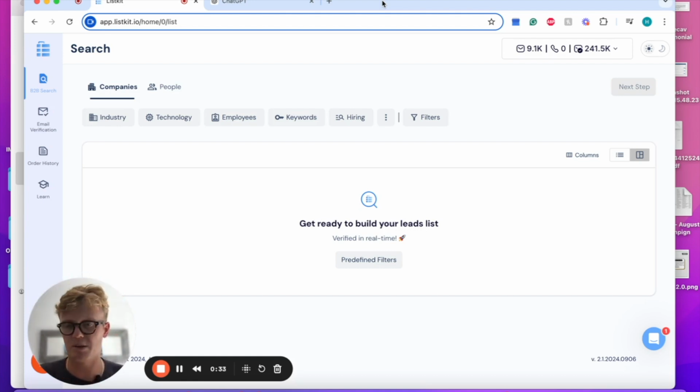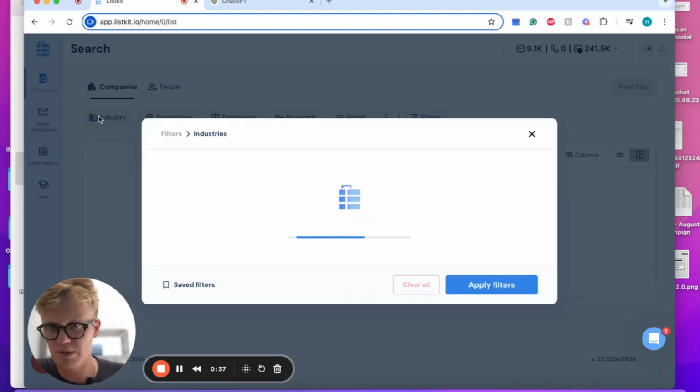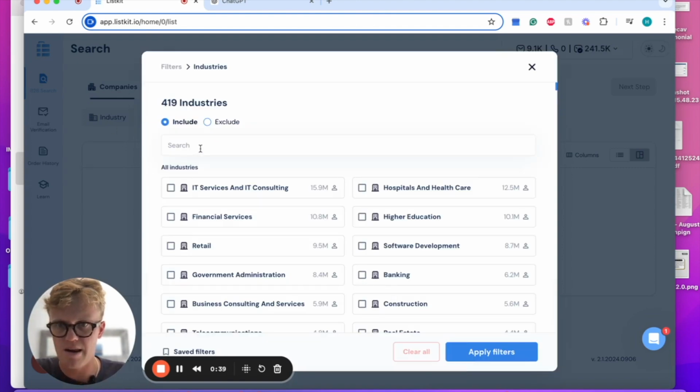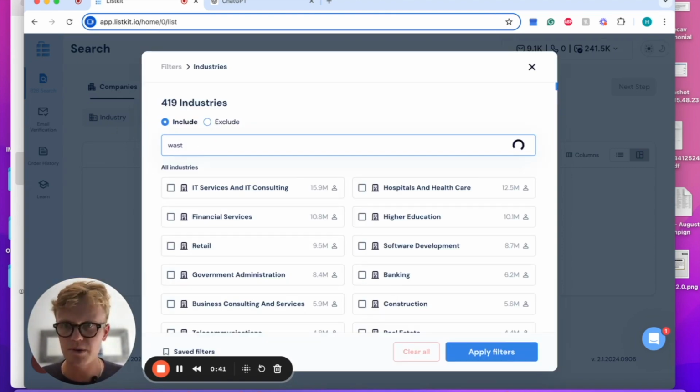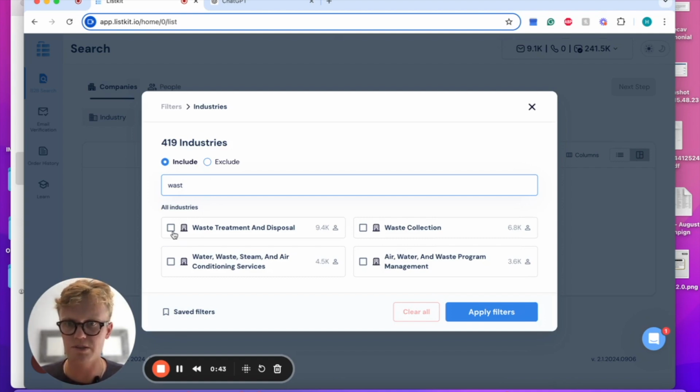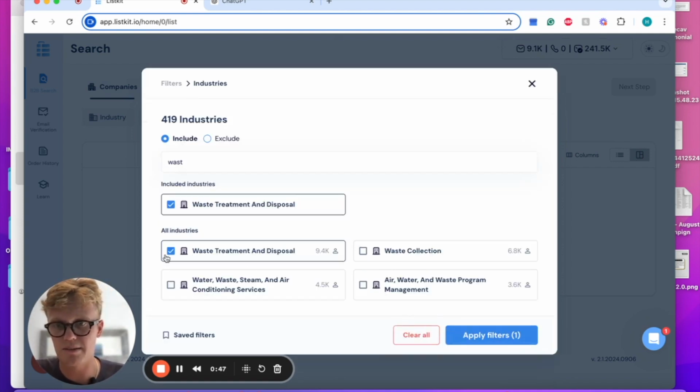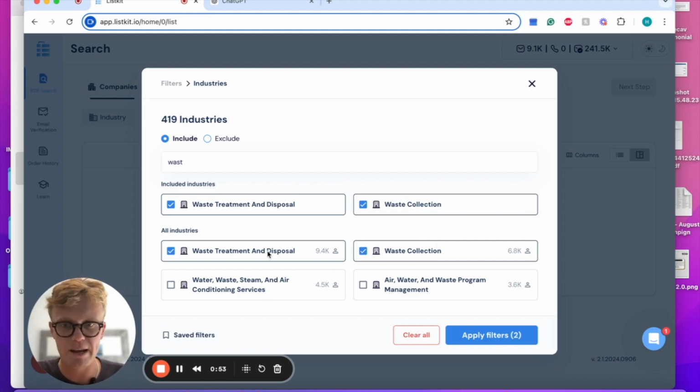I'm going to pick something quite niche, so let's start with wastewater. We'll take the industry and see what comes up. Wastewater, so waste treatment and disposal. Okay, we could include that. Water, waste, steam, and air conditioning systems, probably not so much. But I would say waste collection and waste treatment and disposal are probably the two industry filters that would be the most applicable to a wastewater